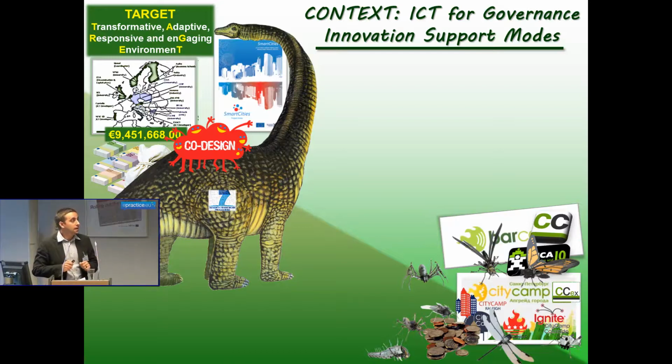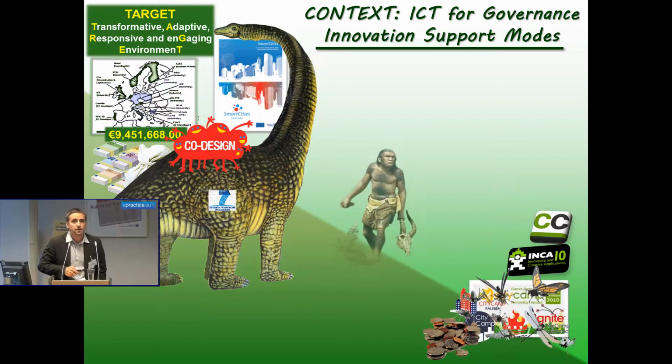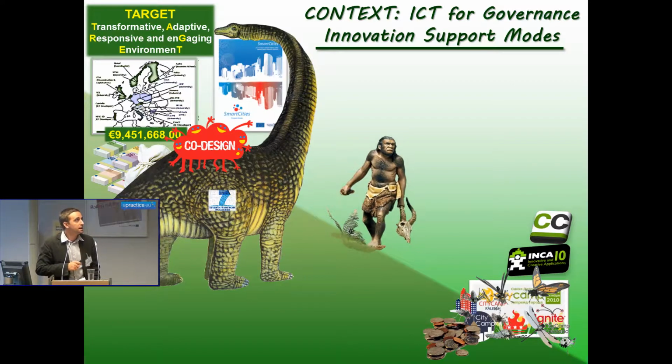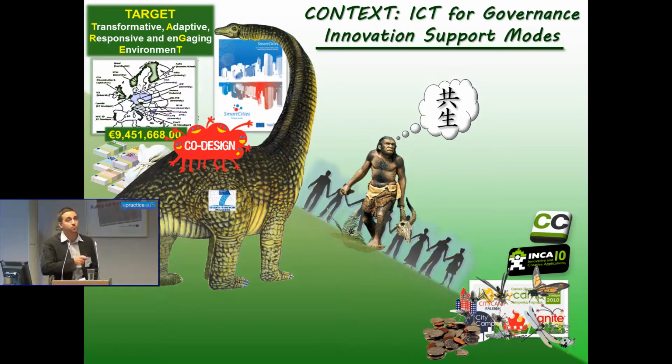So that's the problem. And then in the middle, we have seen that there is another kind of project which is starting to get defined. They are characterized by having an idea. They are these strange people who can be called social entrepreneurs or ICT entrepreneurs or hackers or whatever, but they really have a vision, they want to implement it, and they manage to create some kind of support community who shares this vision and tries to support it. This is the kind of project that would be very well served by Code for